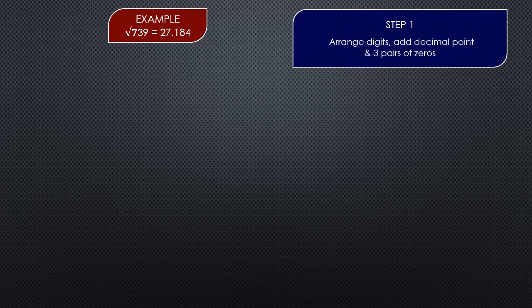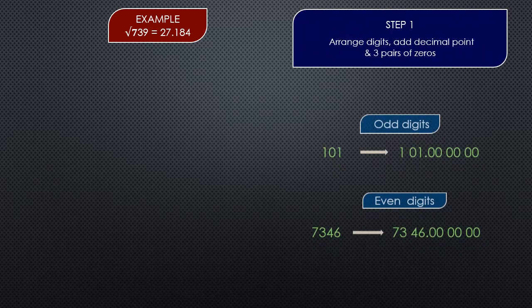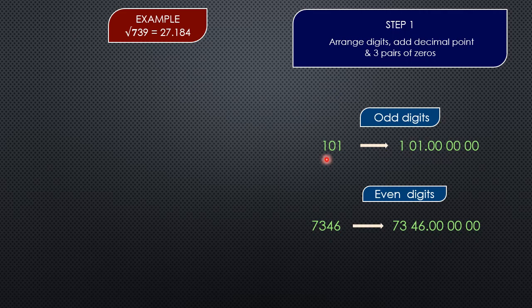The first step is to arrange the digits. If the number has odd digits, we have to write the first number, leave a space, and remaining number in pairs with space in between. If the number has even digits, write all number in pairs with space in between. Our example 739 has odd digits, so we have to write 7 first, leave a space, 39 together as pair,